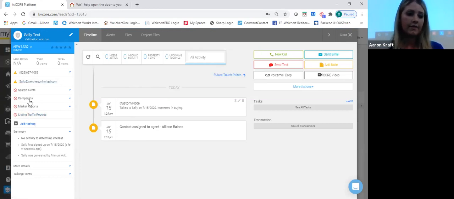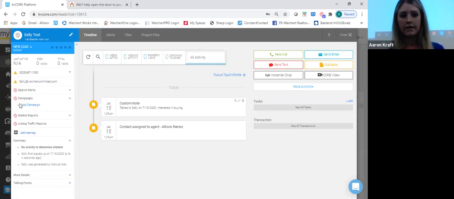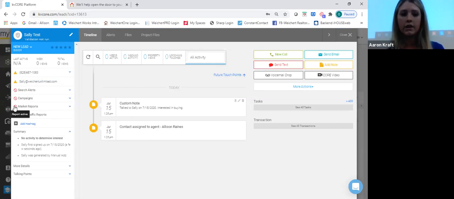You can tell if they have a campaign on. If they have a little green check mark here, that means they have a campaign, and when you hit the drop down, you'll see one there. All the little red strike throughs mean there's no automatic communication going off, which is what we want for a brand new lead, unless you have a campaign that's set up the way you want it, which we will get